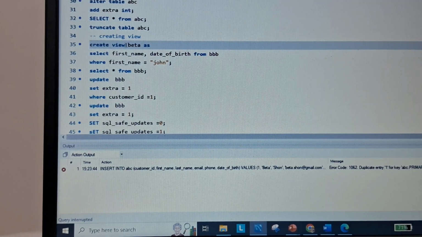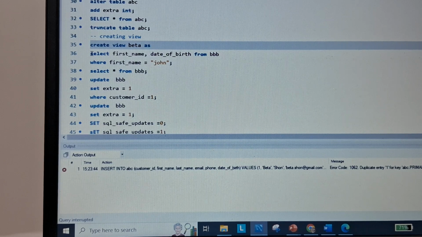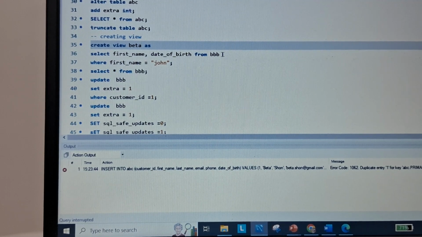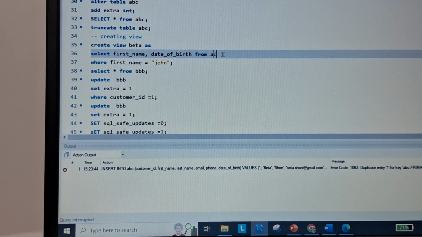Here we are typing view instead of table or database. My name for the view is beta, and I want to select only first name and date of birth columns from our table ABC.